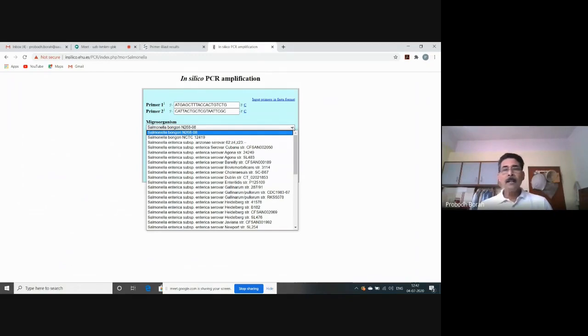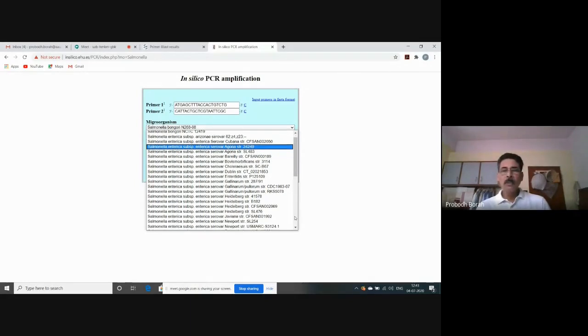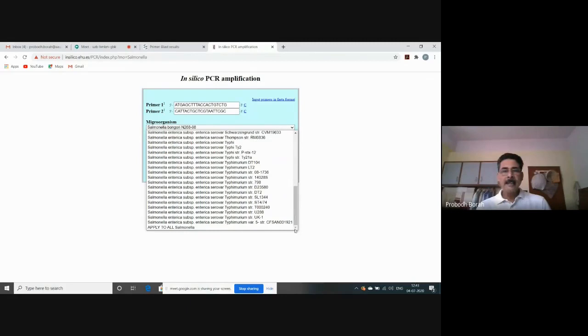Now, if our aim is only to test the specificity and sensitivity against only one serovar, then we are to select that particular serovar sequence as the template or the target. But our target in today's experiment is to design a primer pair which can identify any Salmonella belonging to any different serovar. So what we will do, we will go to the end. There is one option, apply to all Salmonella.